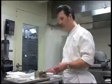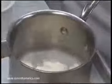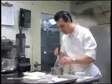So for the first step of our matcha cake, we have to add our milk powder to the water. Just going to whisk that in just a little bit first. I'm going to bring this to a quick simmer. So at this point, I'm going to remove it from the heat, and I'm going to slowly feather in my